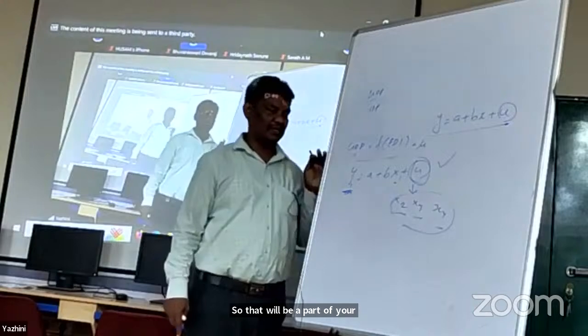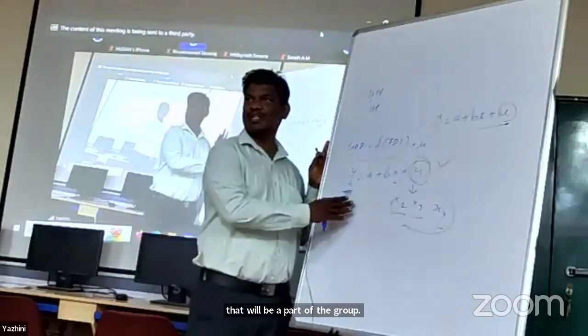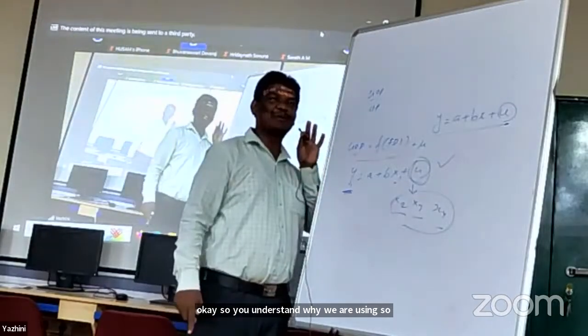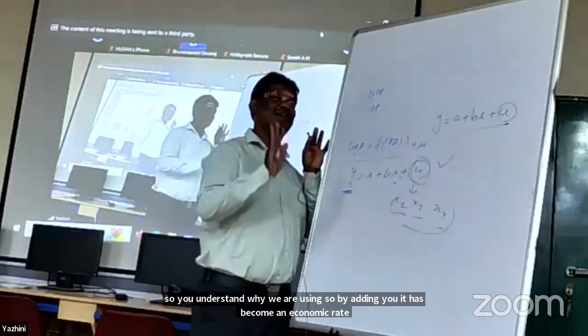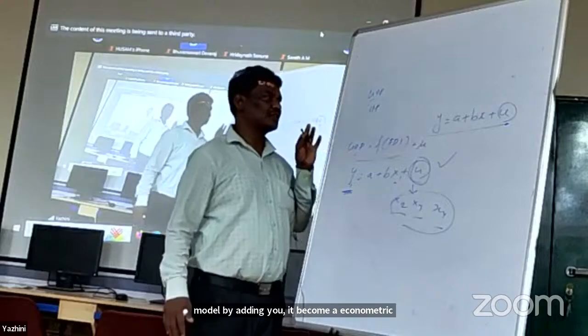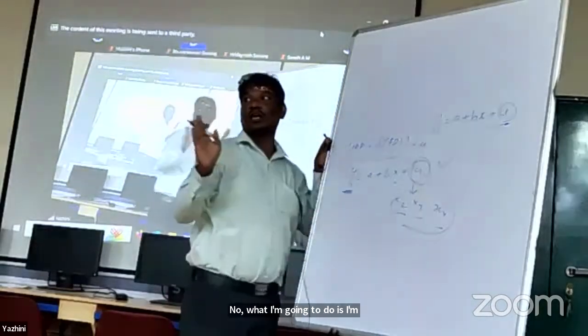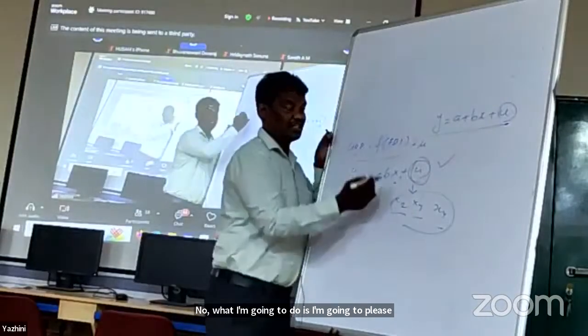Okay. So you understand why we are using U. By adding U, it has become an econometric model. Okay. So now what I'm going to do, which is very important here in this equation,